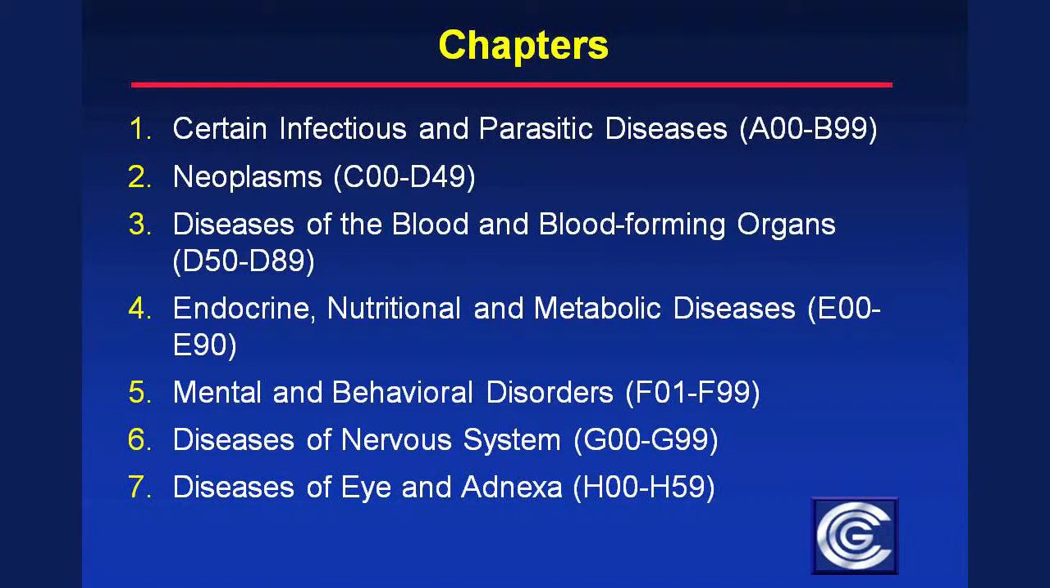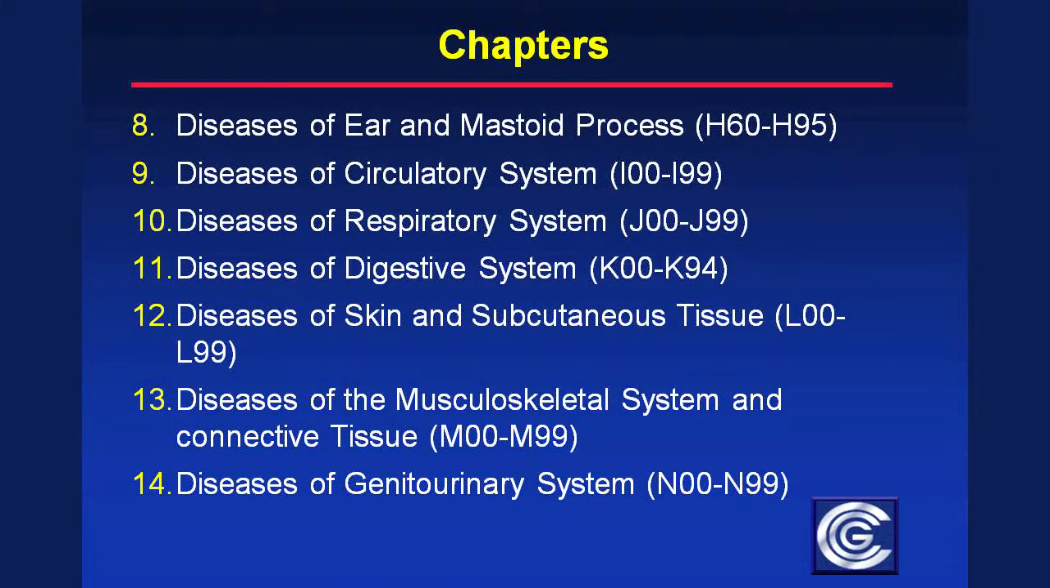Chapter 7, Diseases of Eye and Adnexa, Chapter 8, Diseases of Ear and Mastoid Process, Chapter 9, Diseases of Circulatory System, Chapter 10, Diseases of Respiratory System, Chapter 11, Diseases of Digestive System, Chapter 12, Diseases of Skin and Subcutaneous Tissue, Chapter 13, Diseases of the Musculoskeletal System and Connective Tissue, Chapter 14, Diseases of Genitourinary System,